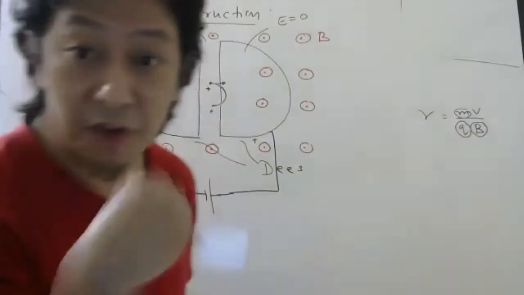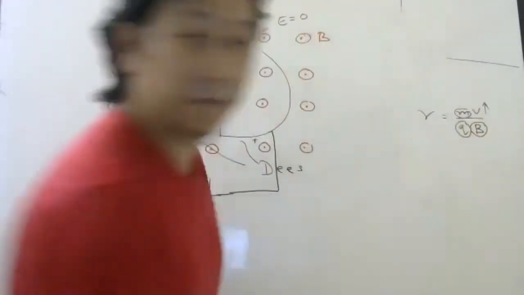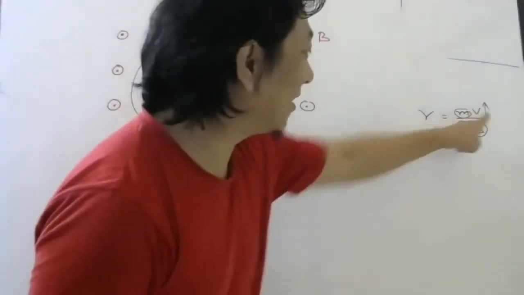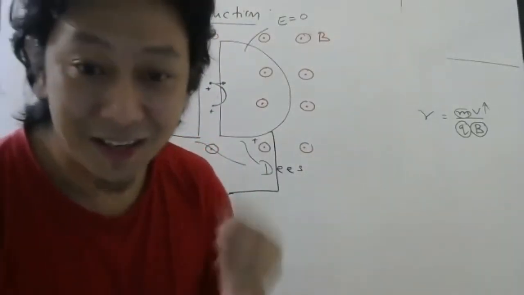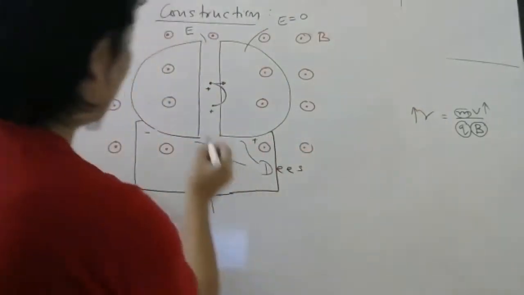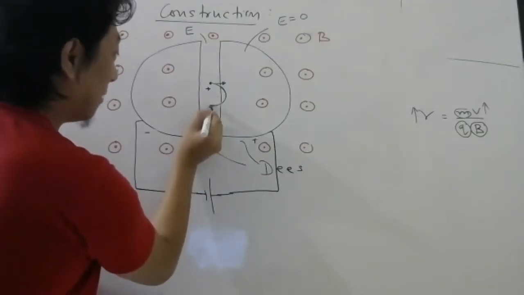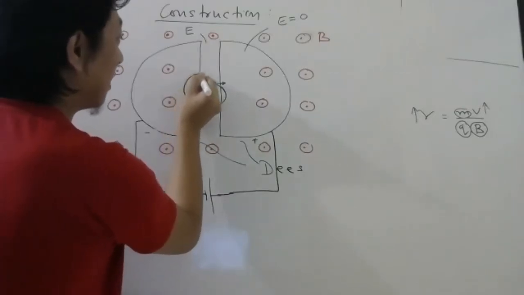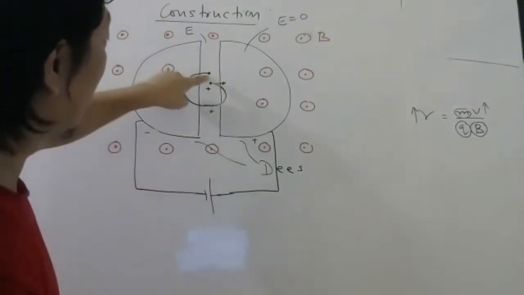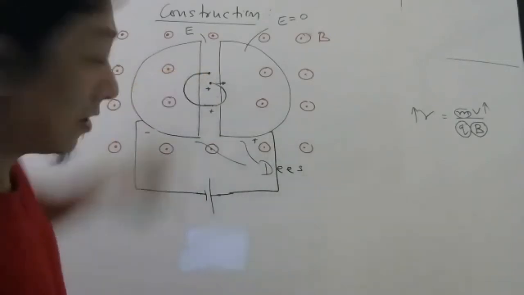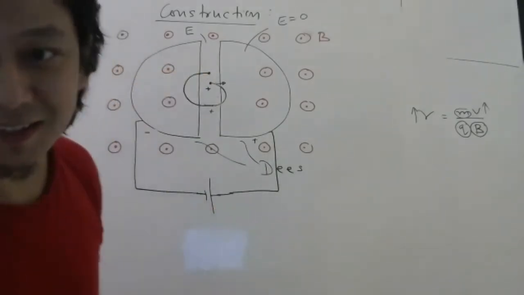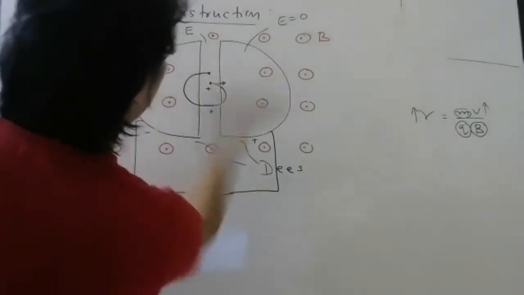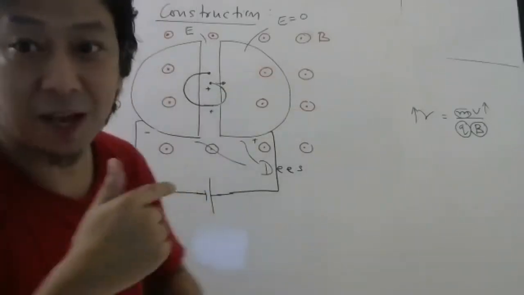So once it moves faster, the speed will increase. And if speed increases, what will increase in this formula? The radius will increase. That means now the charged particle will move in a bigger radius. And again when it comes here, if the battery remains like this, what will happen? This plus will repel the positively charged particle to this side. So you will not be able to make it move faster.